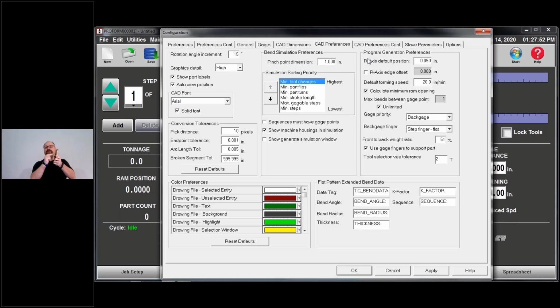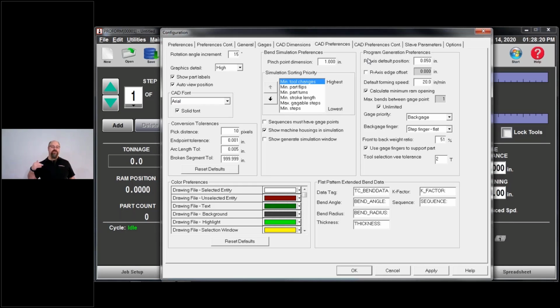If the part runs into the punch, you're going to get an interference message. But since I have the pinch point set at 1 inch, if the part comes to within an inch of either the punch, the die, the ram, the filler block, the clamp adapter, whatever you're using, it is not going to give you a valid simulation. It's going to completely disregard that.